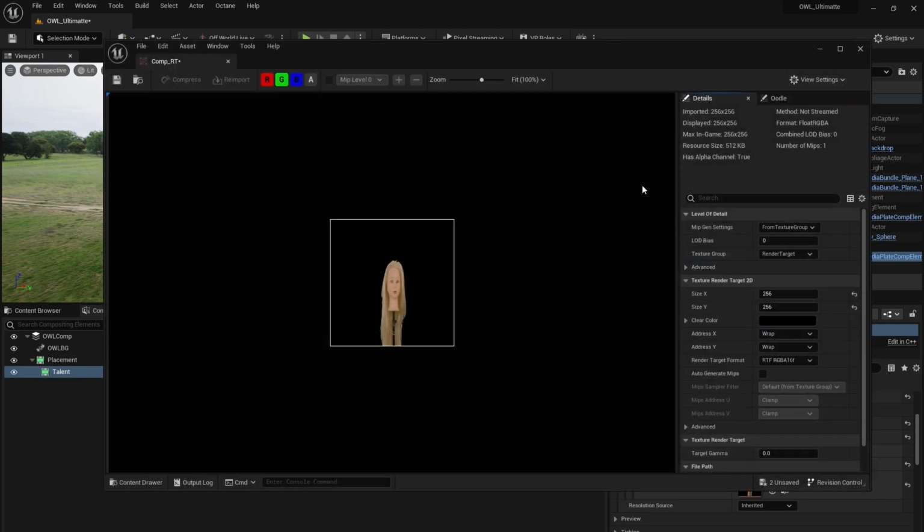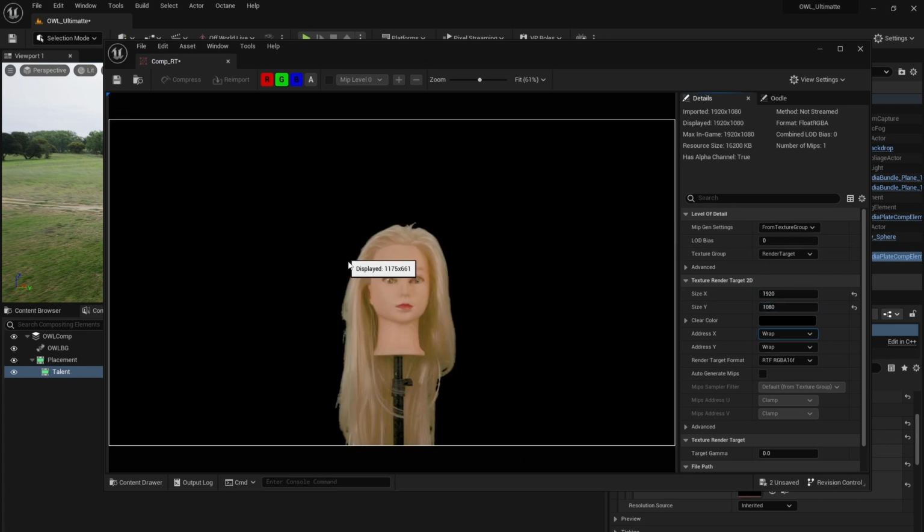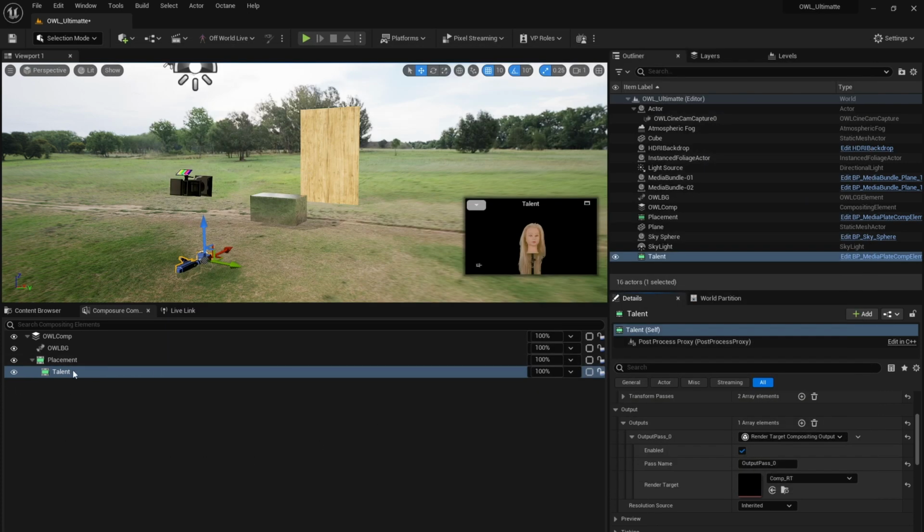Then for the render target, we're going to need to set that to the appropriate resolution. I have my video coming in at 1920 by 1080. You may have yours at something different, but save that, close that, and that is essentially the setup of our